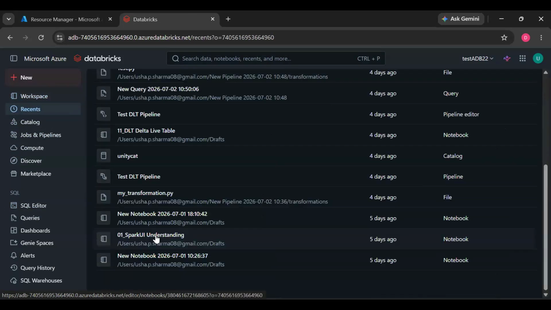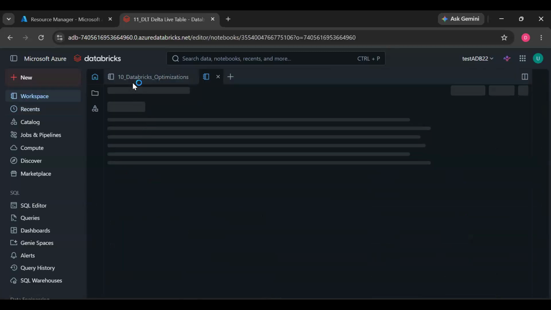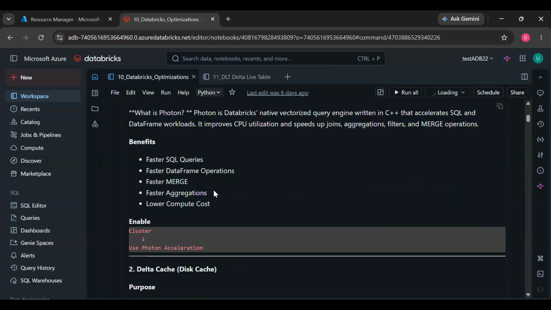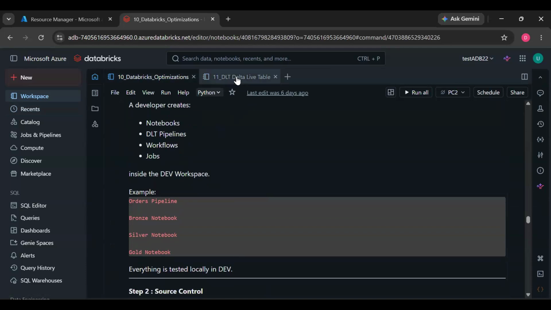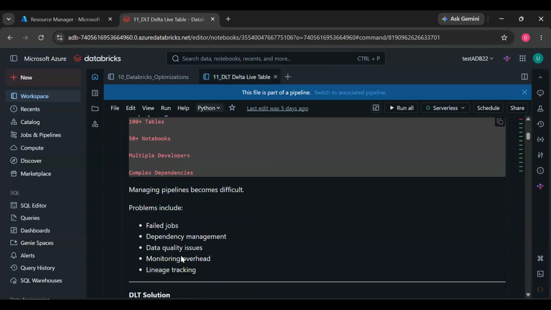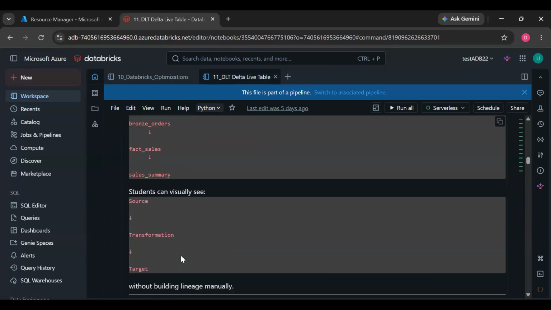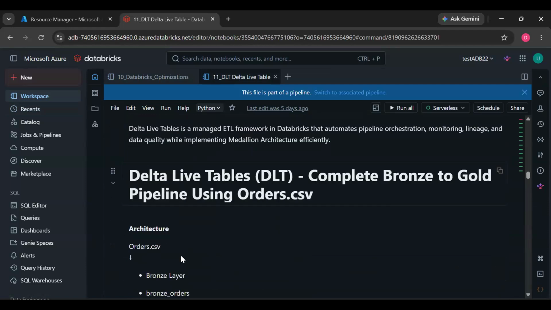We also have a DLT pipeline notebook. There are many notebooks here, which can hold text and code as well.